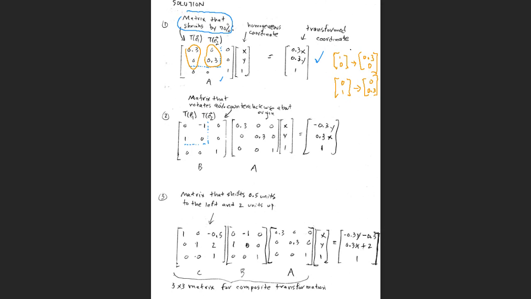Okay, so if the vector 1, 0 gets transformed to 0, 1,